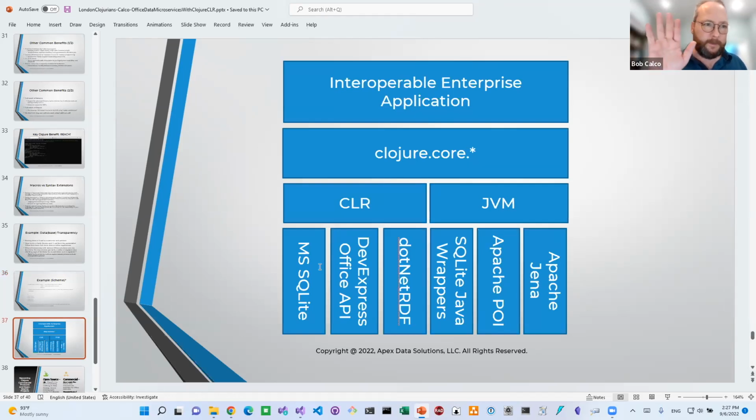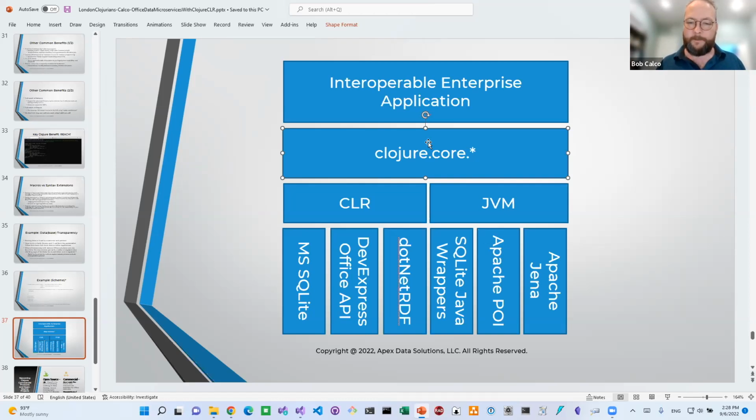I can tell you that I'm building Accelerate DB, Forever DB, Domain Master, all of these on this basis, because I do want to have that reach and be portable into the full spectrum of places that Clojure can be a factor. Here I just simplify it by showing CLR and JVM, but your application sits on top of Clojure core. Both the CLR and the JVM have the same Clojure core, and they behave the same way 99.99% of the time. There's always a little bit of nuance per platform, and some gotchas, and that could be a whole